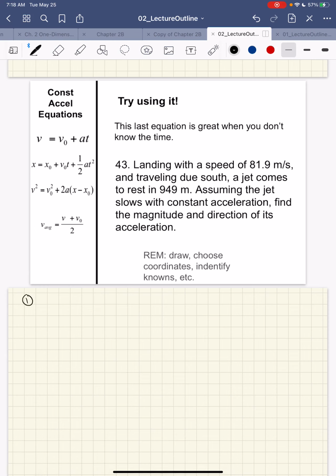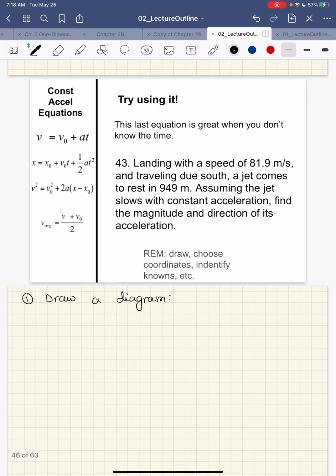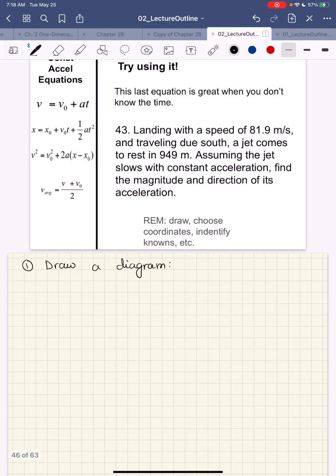Let's say that I want to draw a diagram. When I want to draw a diagram, I will read the problem and see what the things are that I'm talking about. Landing with a speed of 81.9 meters per second,